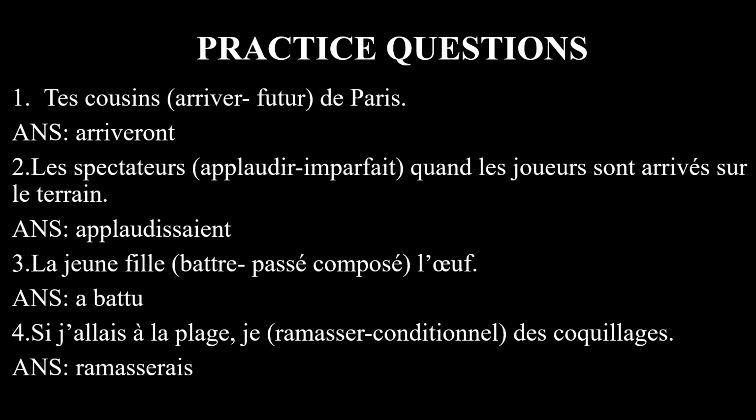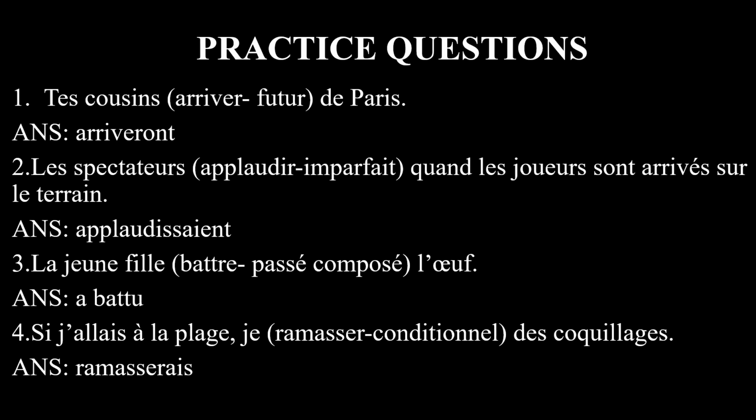Now that we are done with all the tenses and how to form them, let's take up a few practice examples of the second type of question, where you are given the verb and you are given which tense to put it in, but there are no options. So look at the first example. Arriver has to be done in the future. So you know for the future, ER verbs remain the same and you just have to add on the ending. So for ses cousins, which is third person plural, the ending would be ont,